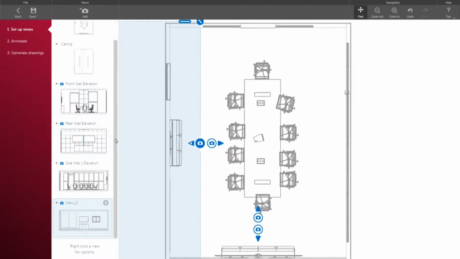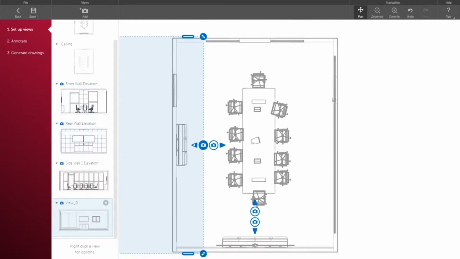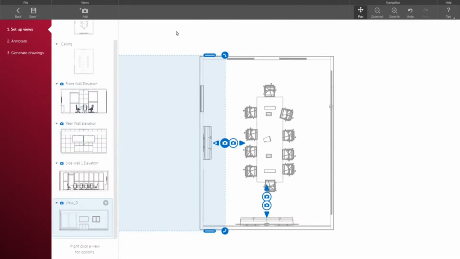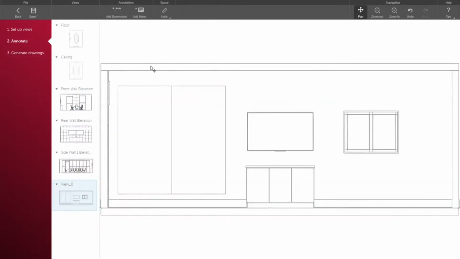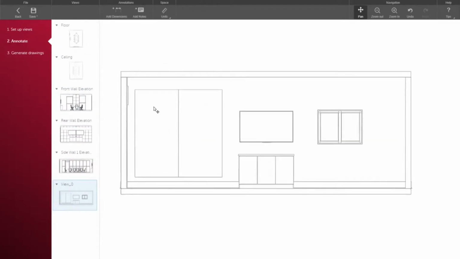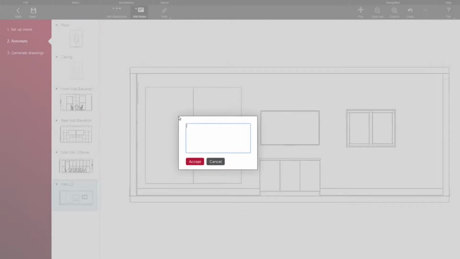So once you're happy with your views, and you can set up really as many of these as you want, or some people just want the ceiling and floor plan. Once you're done creating the views, you can pop in here and actually start annotating things. And so we can actually add a note here. This is the whiteboards,